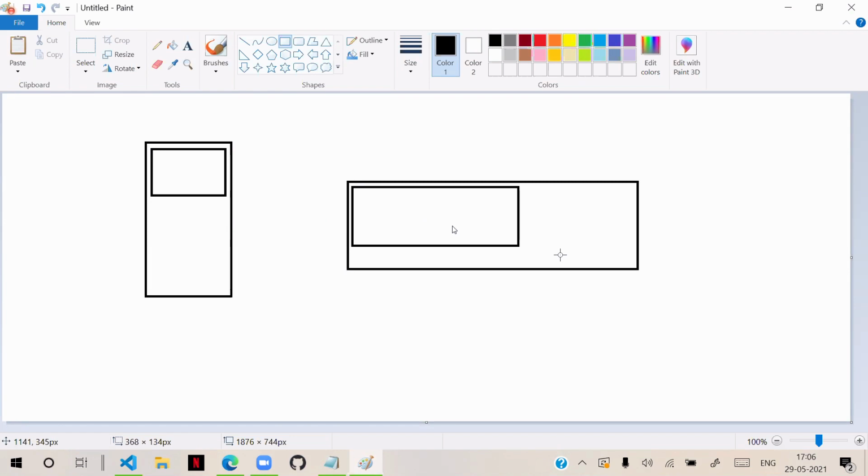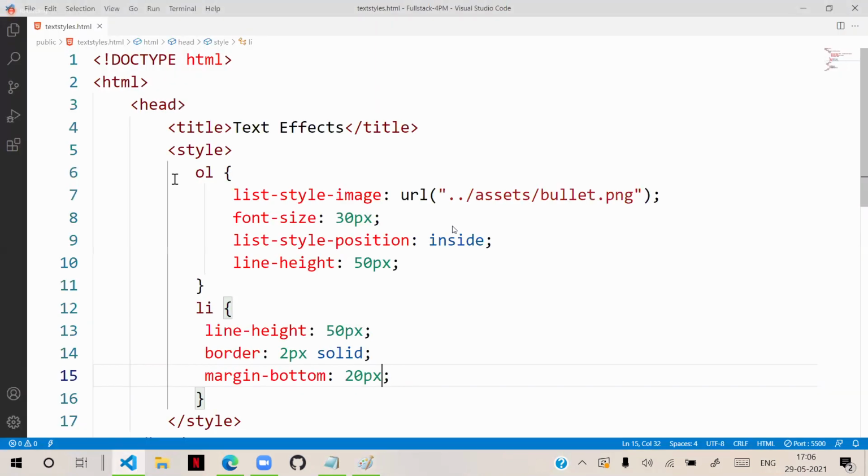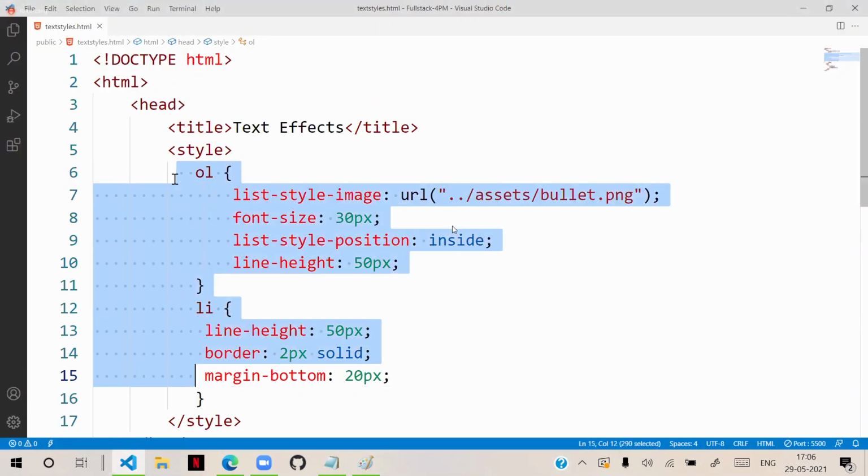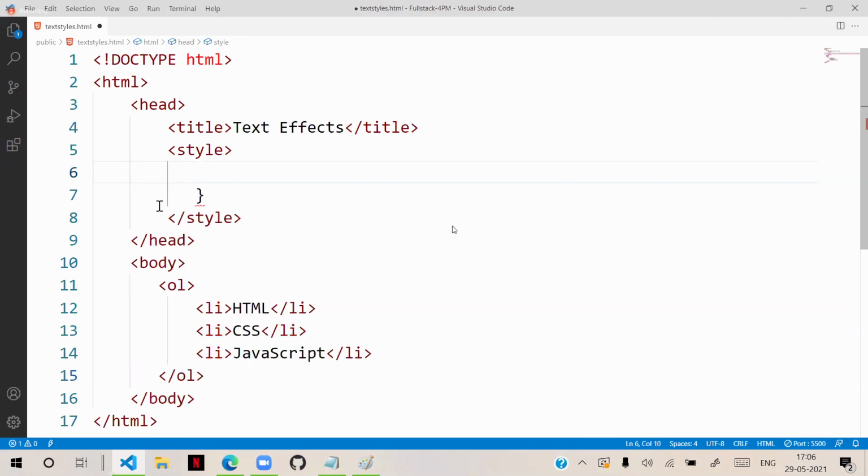That means it depends on how you are holding your device. You are rotating your device, and according to that, it should change. We can do that. That's what these media queries are: how to write the media query, how we configure the media queries and define them. The media queries are used for creating responsive designs.